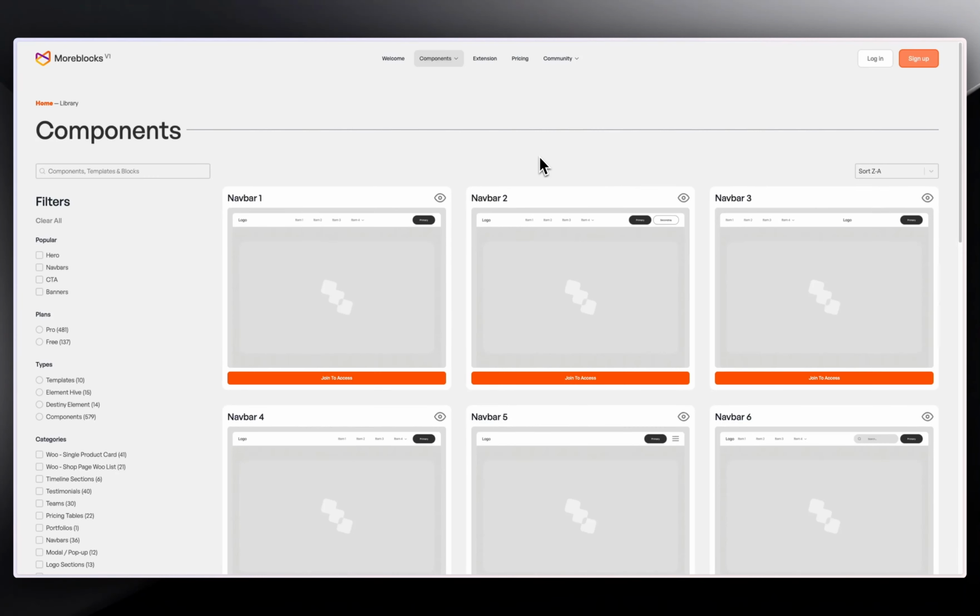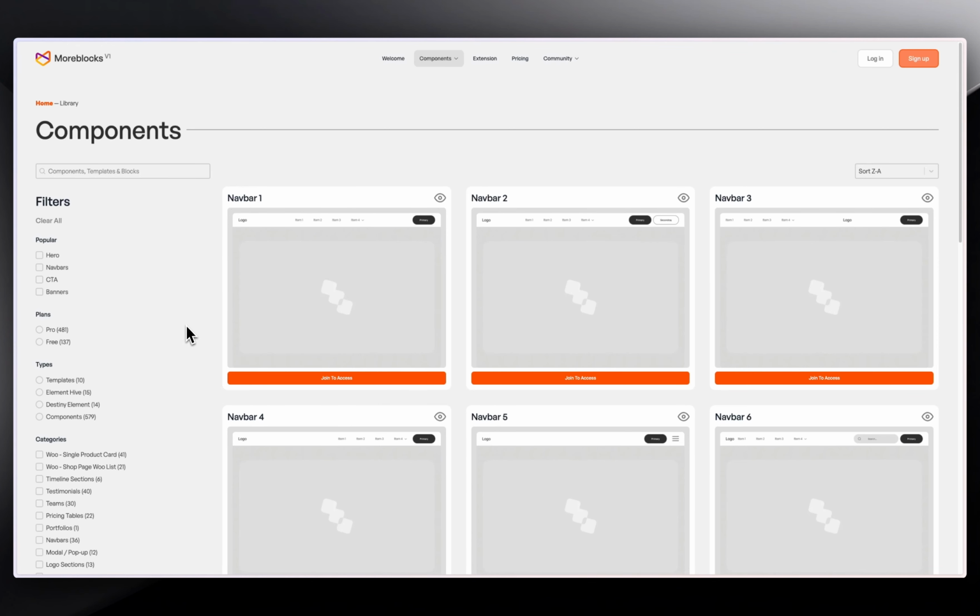Right, so this is the first tutorial on how to use Moreblocks when it comes to certain things. The first thing that we're going to cover is how to use it to build cards for your loops when it comes to building blogs. So if you have a blog and you want to showcase other blogs on a section or in a page, we are going to build the card using the component from Moreblocks, and then we're going to apply it to